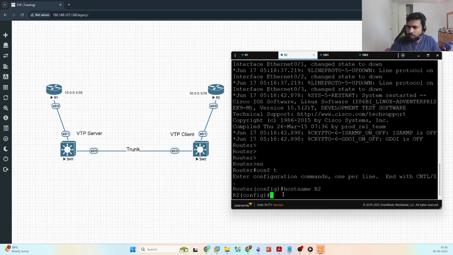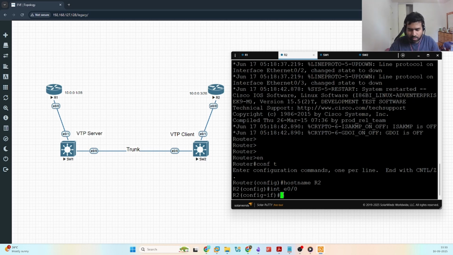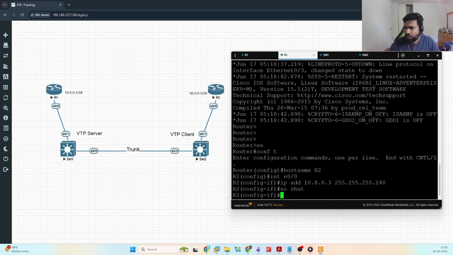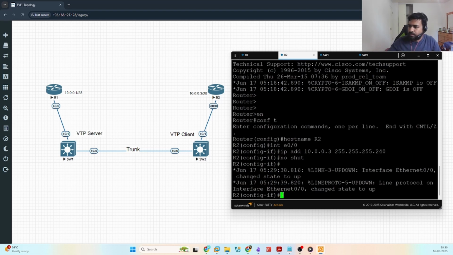we are going to configure R2. So we enter the interface E0/0, and we add the IP address 10.0.0.3 255.255.255.240, and no shutdown. Yeah,